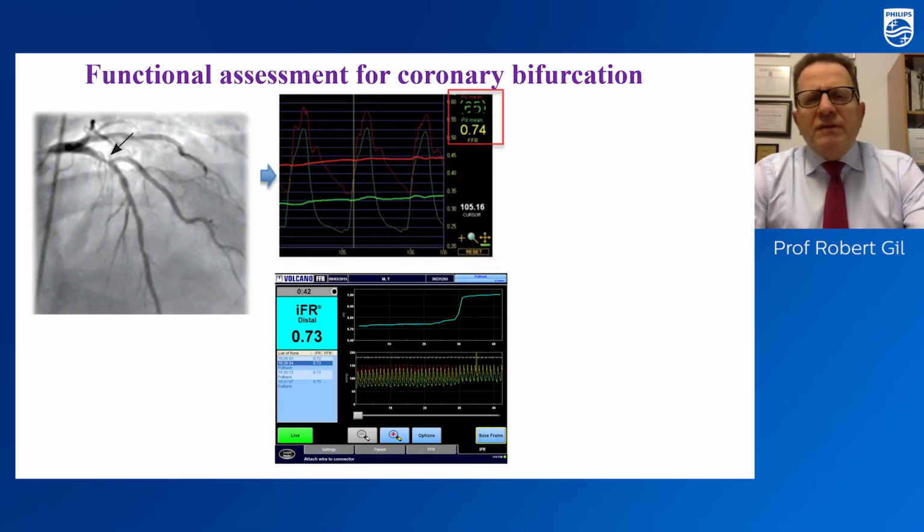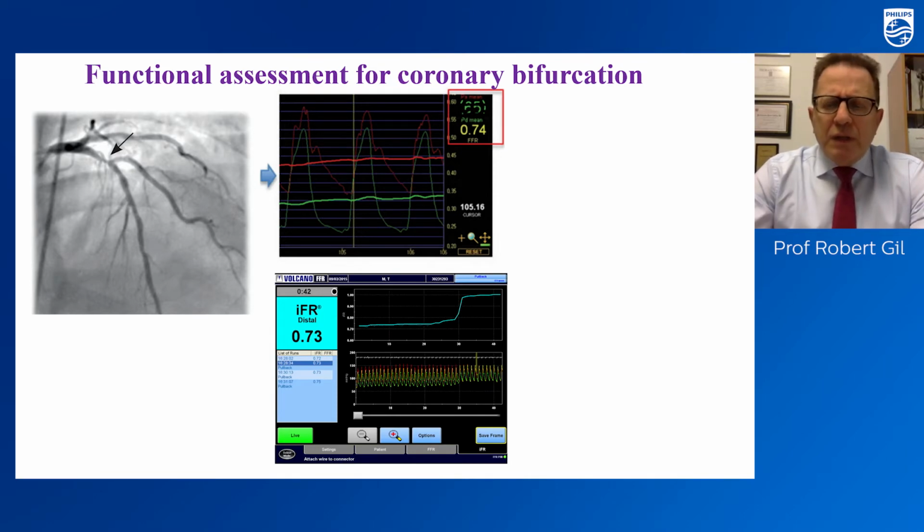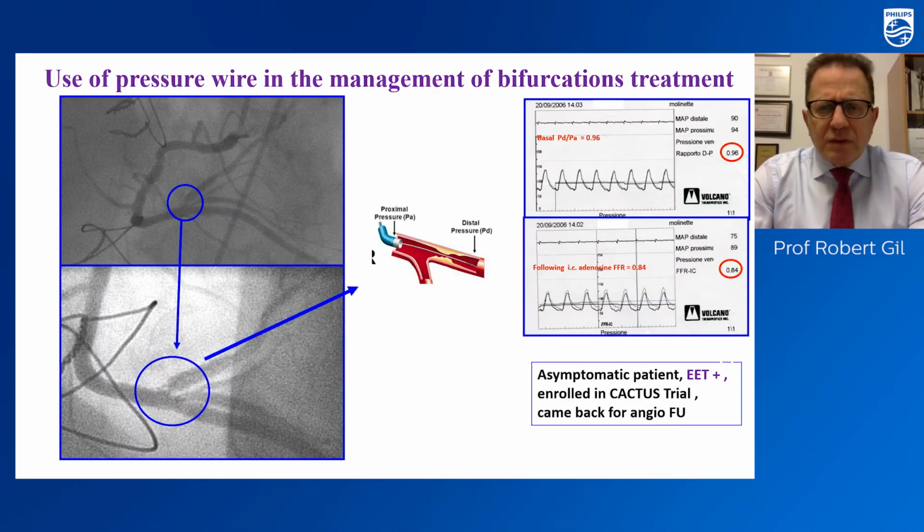But of course, visualization is only one piece of the puzzle in coronary bifurcation treatment. We have to remember functional assessment, which is also very important. Nowadays, we can use not only FFR measurements, but also non-hyperemic parameters, and iFR is the most tested in thousands of patients in randomized trials, so we can rely on these results. We can also use this functional assessment in the follow-up phase, just to be sure whether